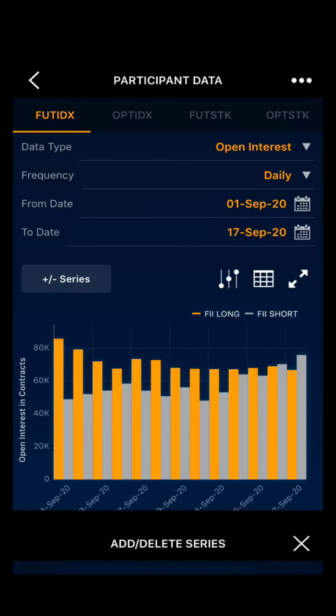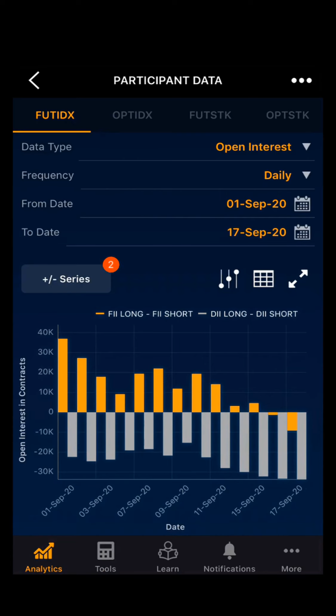I will apply. Now on the chart, the orange bar indicates the FII long minus FII short, that is FII net long position, and the grey bar indicates DII long minus DII short, that is DII net long position.